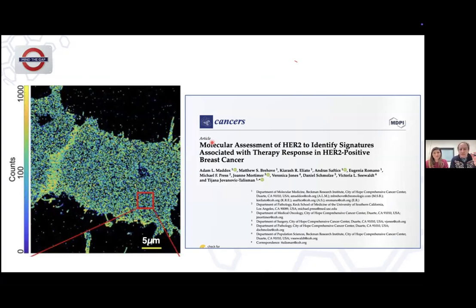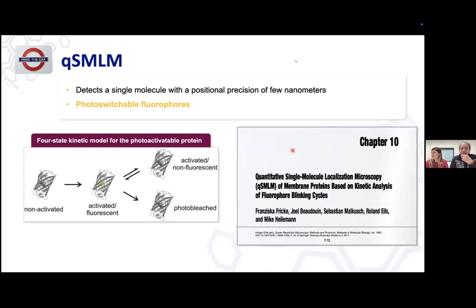This is a study that uses QSML, quantitative single molecule localization microscopy, which is an interpolation. There are fluorophores that are in cages, they're activated or photobleached, etc., and the computer works out the exact location to a very few nanometers. So a very powerful technique. You can't use it for routine. It takes, I don't know, 3 weeks to get a photograph of a sample, doesn't matter, but it shows us a glimpse of how to correlate what we see under the microscope to what really